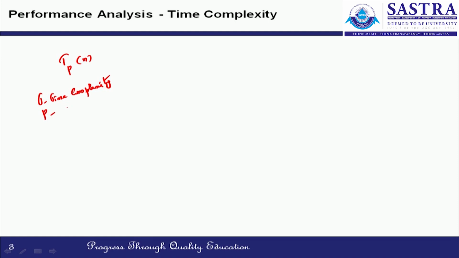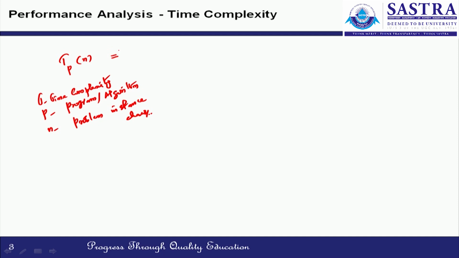P is the program or algorithm. n defines the problem instance characteristics. For example, n defines the size of the input. If we define Tp of n, the time complexity of the program or algorithm for the input size n,